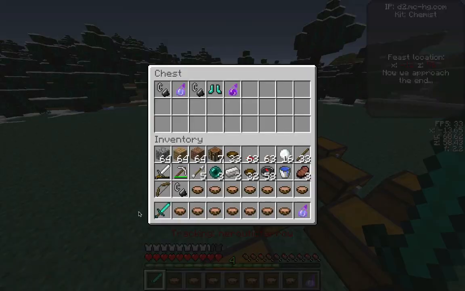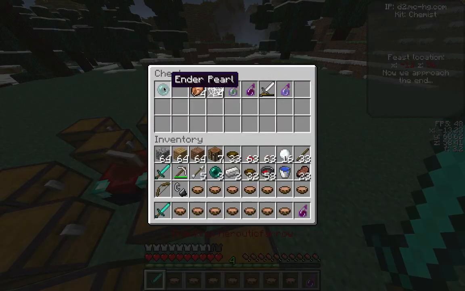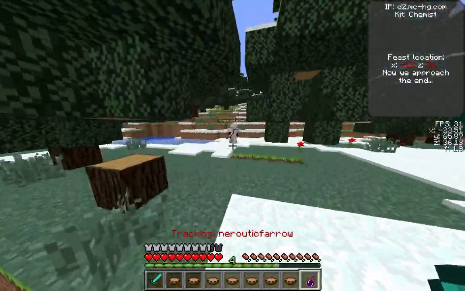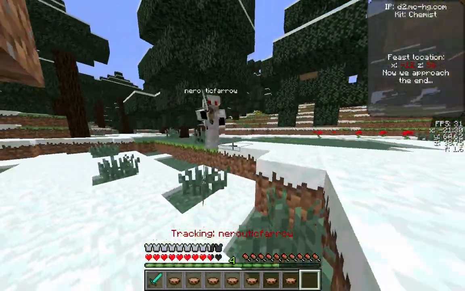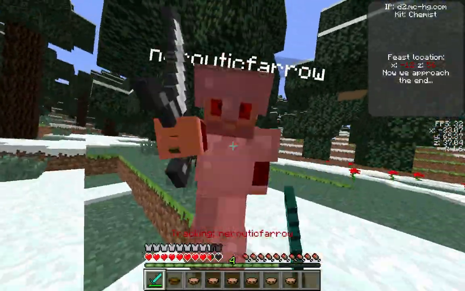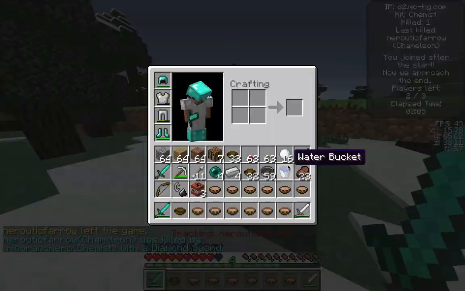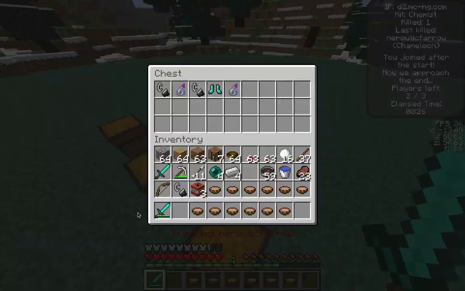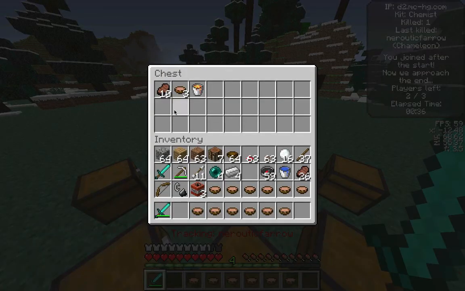So I'll go through, I get a diamond sword, I get an instant damage in my hotbar, I got helmet and boots, and then here he is. He hits me first and derps a little bit because he's a chameleon. I just throw the instant damage on him, and in just 2 more shots, and he is dead with a diamond sword. I run back to the chest, and now there's only one other person besides me, and I'm going